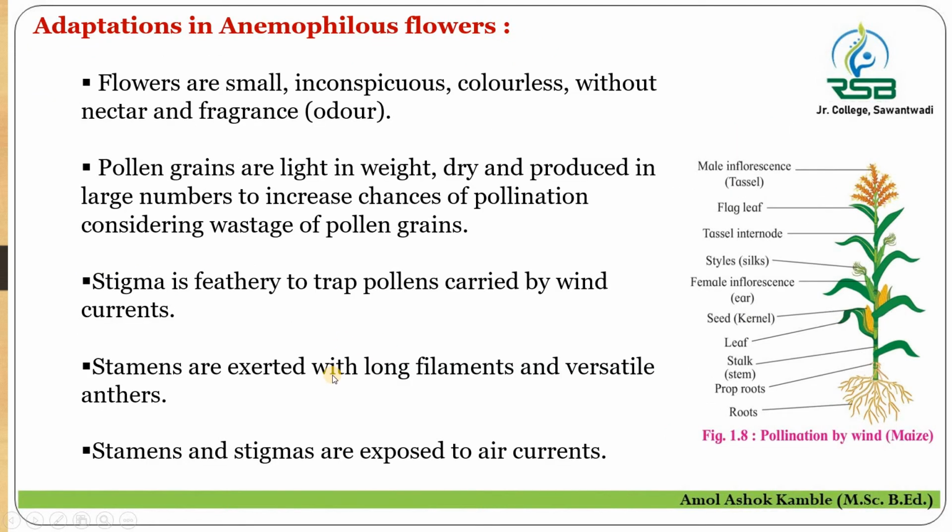Then let us know about the various kinds of adaptations in these anemophilous flowers. Here the diagram which is given is of maize. In case of maize, how the wind facilitates the transfer of these pollen grains which are produced in the male inflorescence, and here there is a female inflorescence, and these pollen grains from the male inflorescence are deposited on these